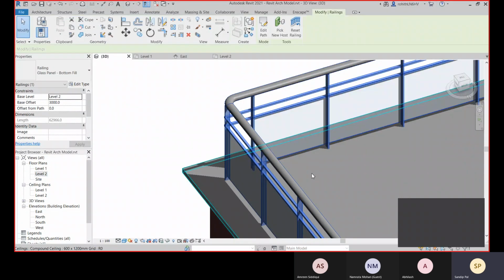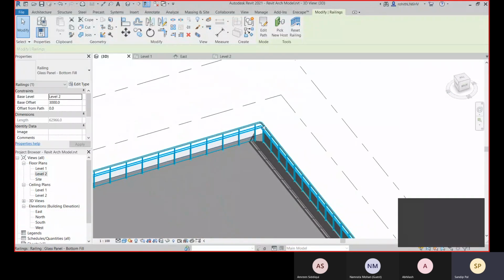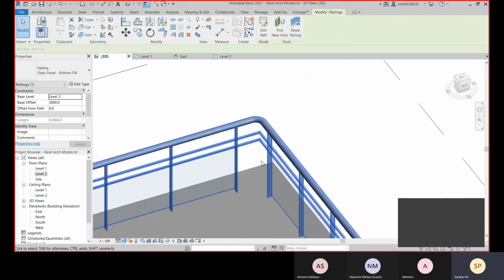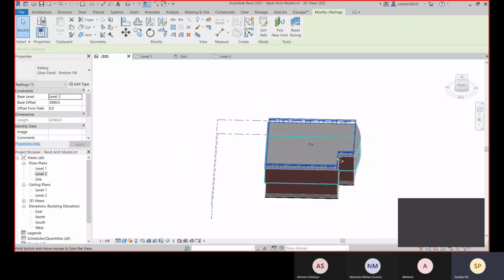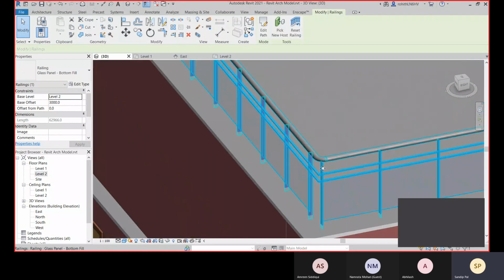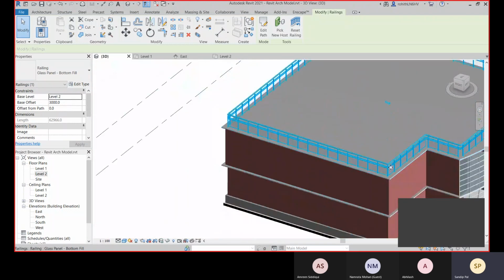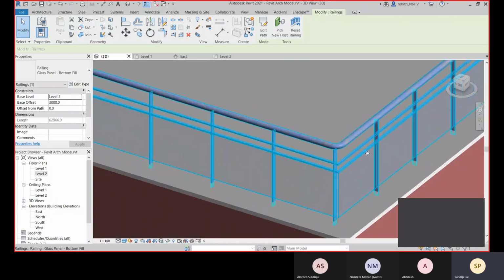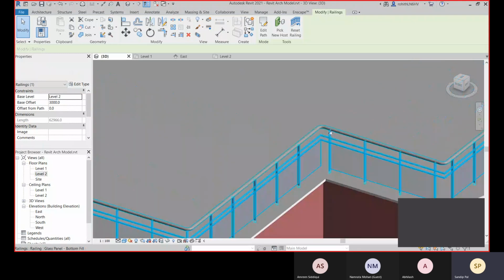Let me click on OK. Yeah, here you can see there is no corner post, and let me rotate it around, and there also you can see there is no corner post. Here also we are not having any corner posts.